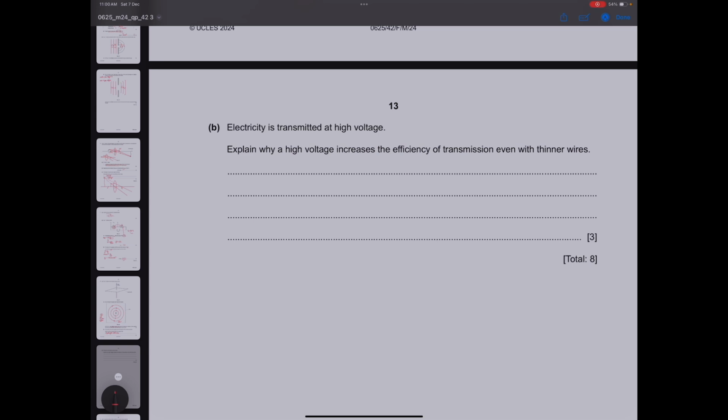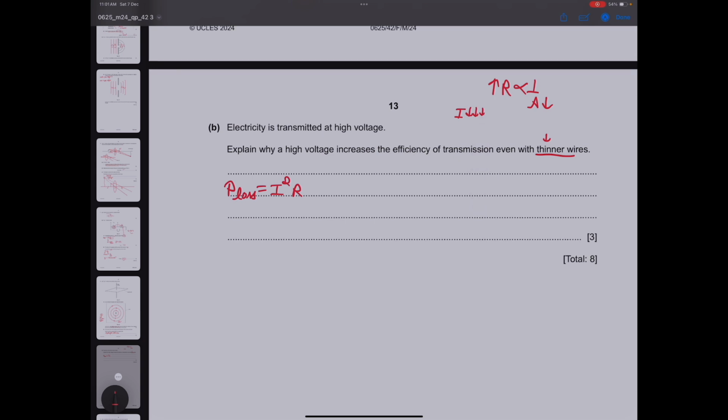Now, this is a good question. I want you to understand this, that power loss is equal to I squared R. Now, when you're using thinner wires, we know that resistance is inversely proportional to area. So when you're using a lower area, resistance will be more, right? Now, just think about it. If you're using a greater amount of resistance in the wires, the current will decrease,